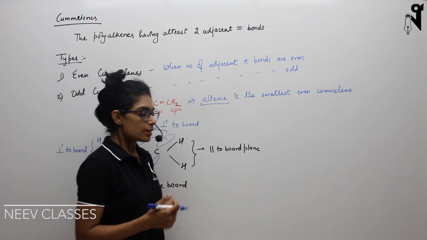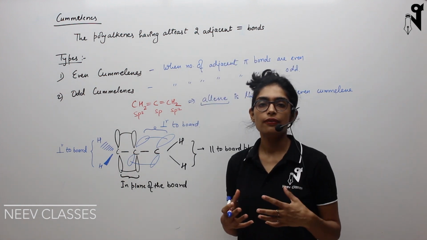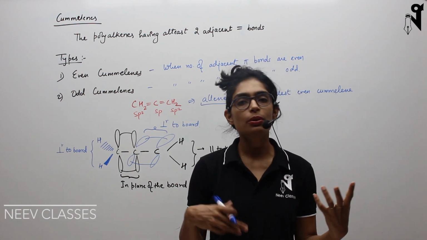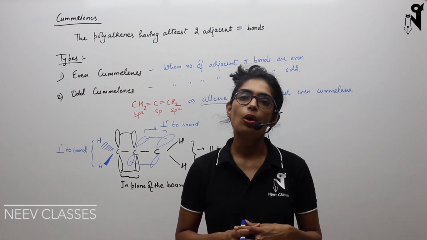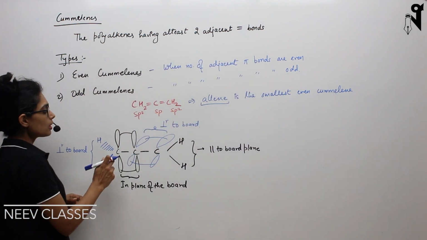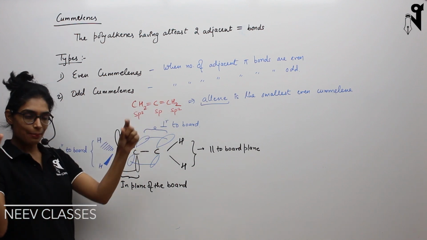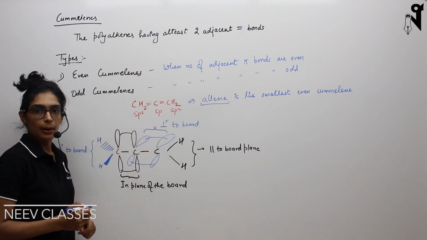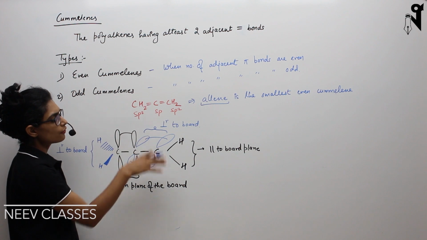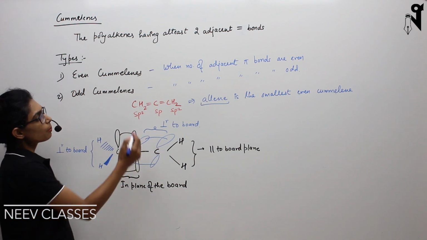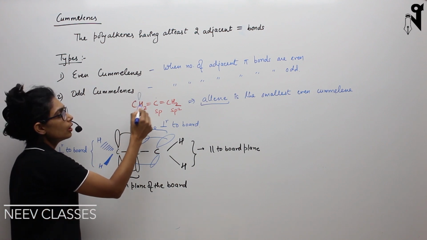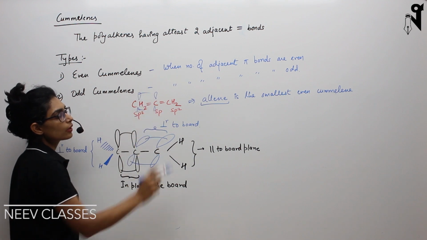Now, similarly, we will have cumulenes which have odd pi bonds, and to understand which of these cumulenes will show GI, we need to understand their orbital diagram. So let's talk about the orbital diagram right now. Let's assume these are the three carbons which will be in the same plane. I have marked them in the same plane here. We had discussed a similar orbital diagram in class also. This carbon is making a pi bond with this carbon, so there will be a p orbital over here and a p orbital over here, so p overlap will be there.